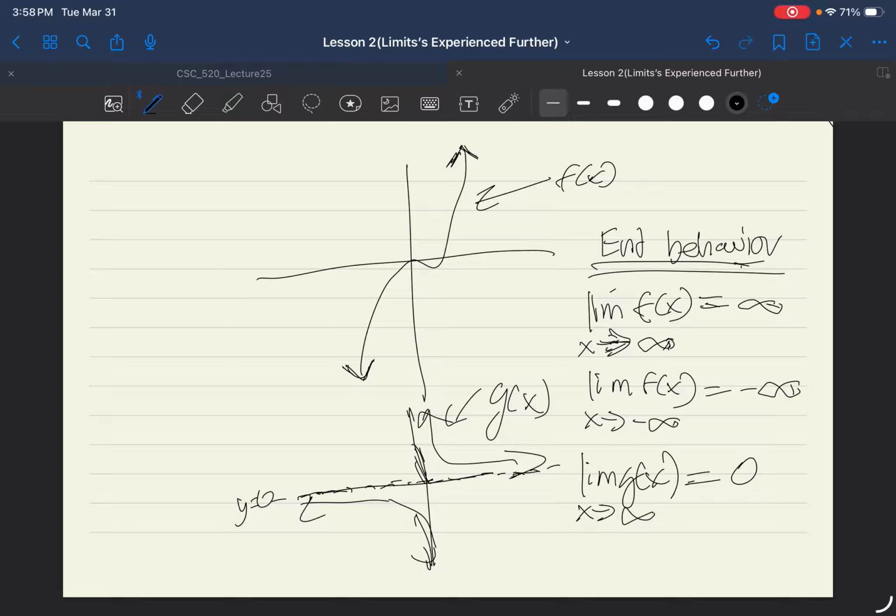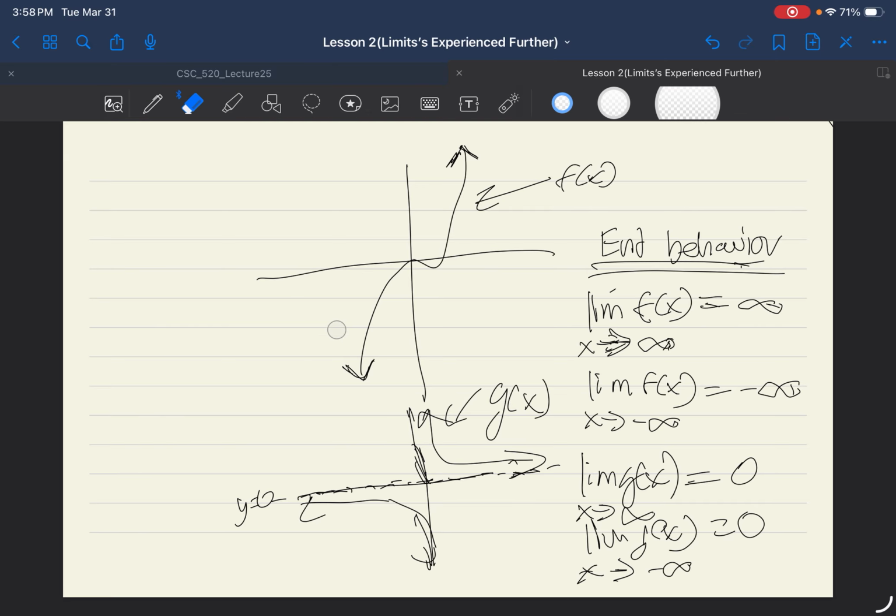And the same thing happens with this. The limit as x approaches infinity of this will be going to 0. As it approaches negative infinity, it will also be going to 0. So this is a great function, actually, because we can stick on this for the next topic that I want to talk about,